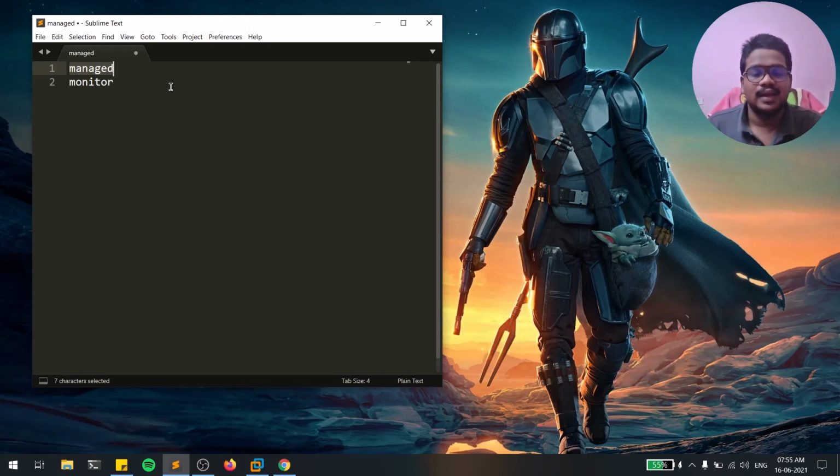Managed means it only sends the packets that are associated to us and it only receives the packets that are associated to us. So it is like going in and going out. It doesn't care about what the other devices are sending or what the other devices in the network are doing. It is going to send the packets that are related to it and receive the packets that are related to it. So managed mode is nothing but that.